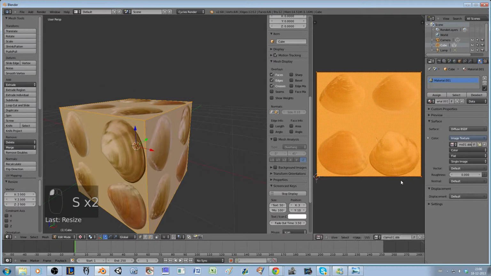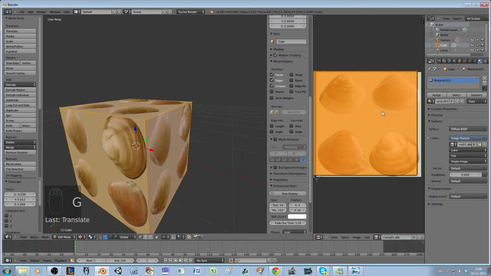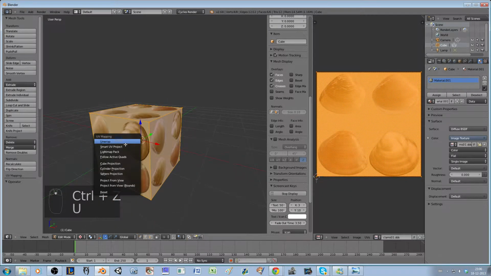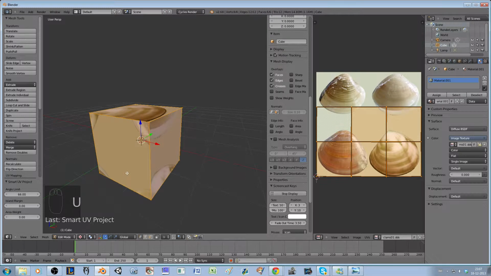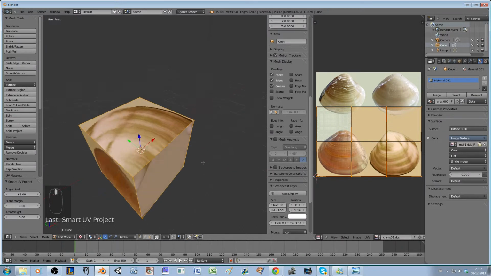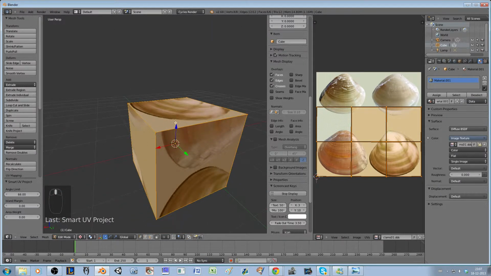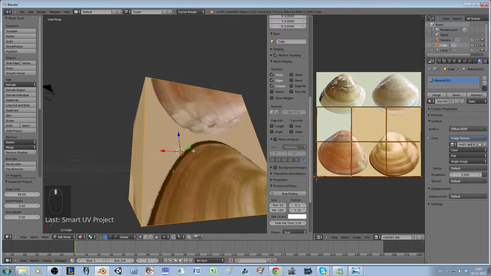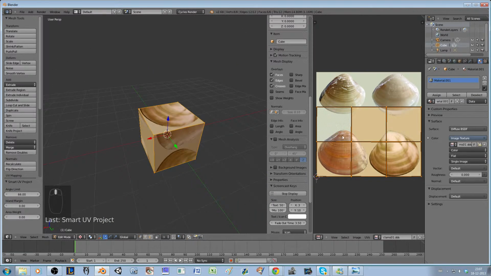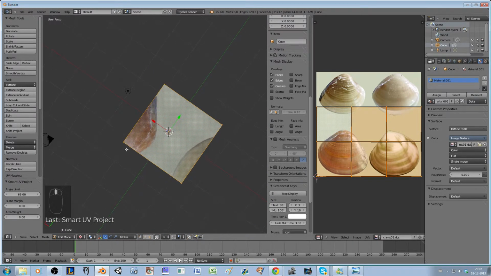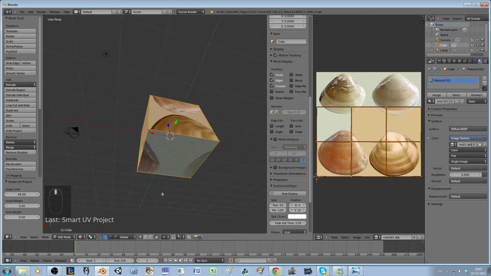So if you model something and want to get a texture on one detailed thing, you can always play around with this image to let it look nice. The smart project will pick every side and put it on a new map. So you see here the six sides of a cube. 1, 2, 3, 4, 5, and on the bottom 6. The one here a little bit shaded, the dot is the underside, also here gray